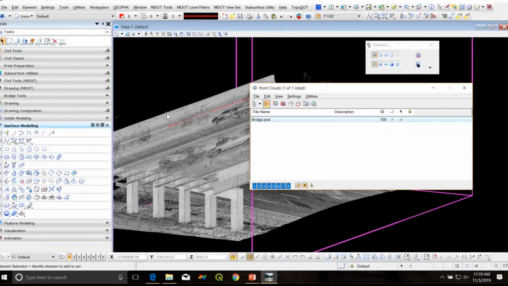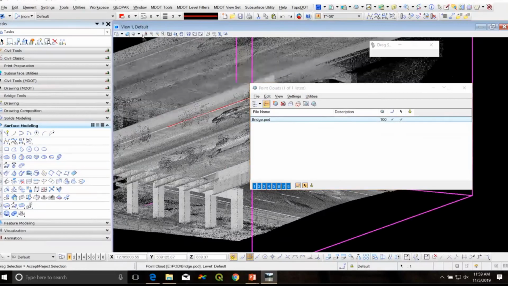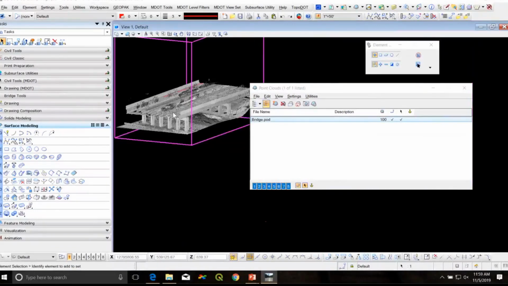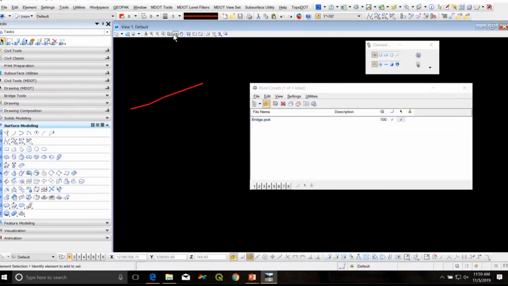If you didn't like the position of this, you can unanchor it and then move your whole pod file off to the side. Bad extraction there, but